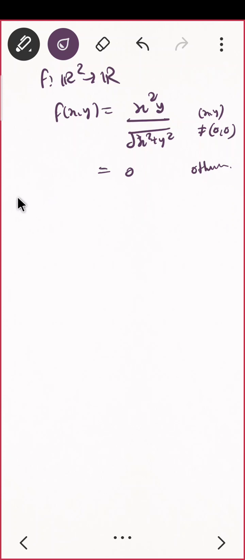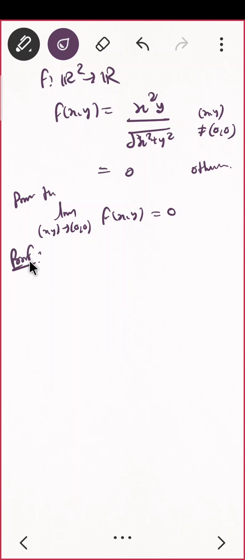Okay, the question is prove that limit xy tend to 0 0 f of xy equal to 0, correct? But even if the question was not prove that, you should think: what is the degree of this? It is 2 plus 1, it is 3, and what about the degree of this square root of... 2 means degree 1. So the numerator has higher degree, so it may be 0, we can guess that. But this is not true in general. We'll give one question where this is not true. Degree will not matter in that. It was just a guess. So the question is prove this. Can you do that?